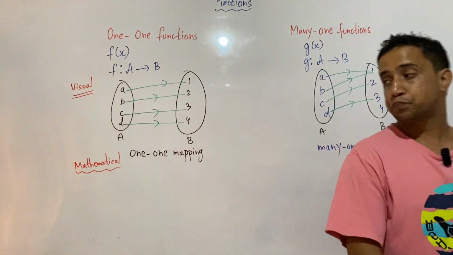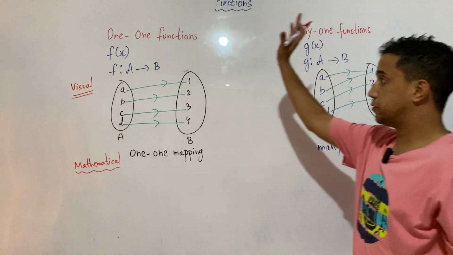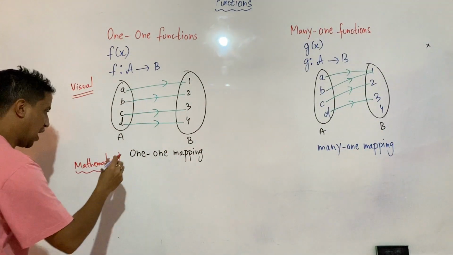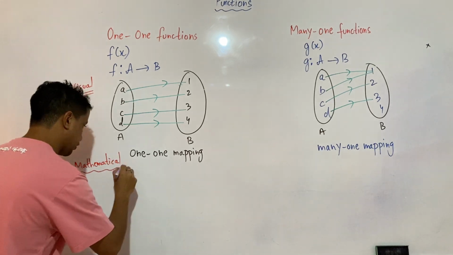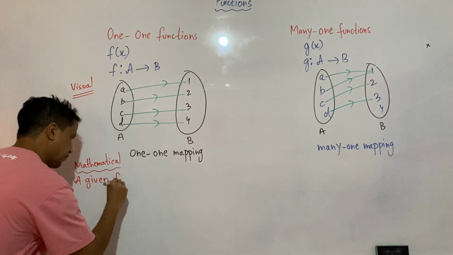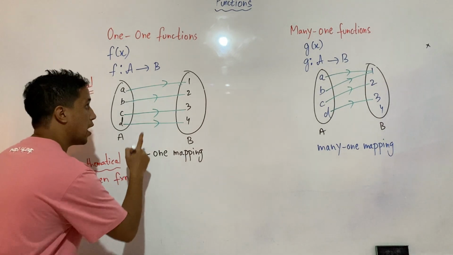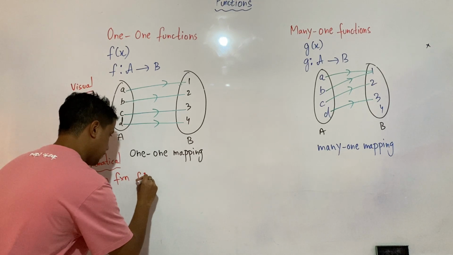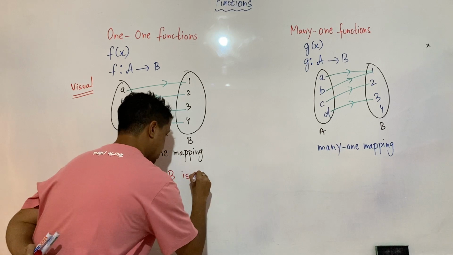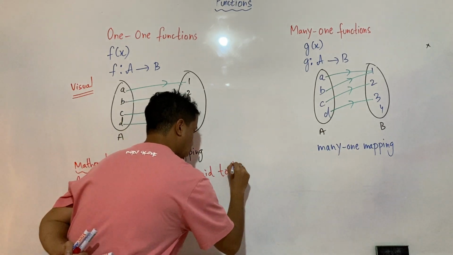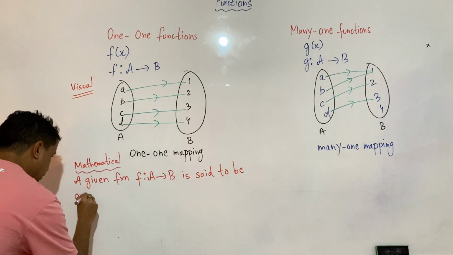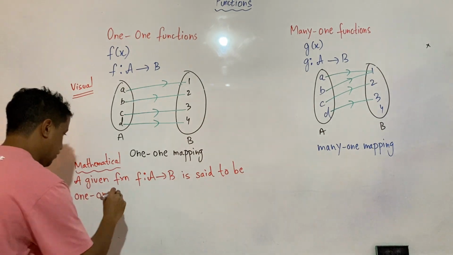Now a given function f, which is defined from A to B, is said to be 1 1 if